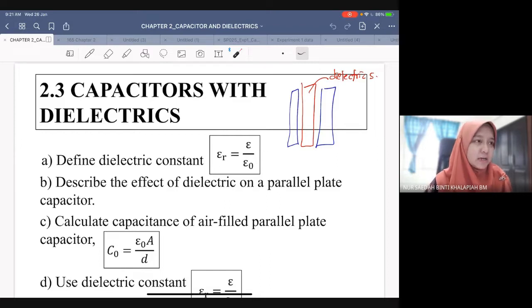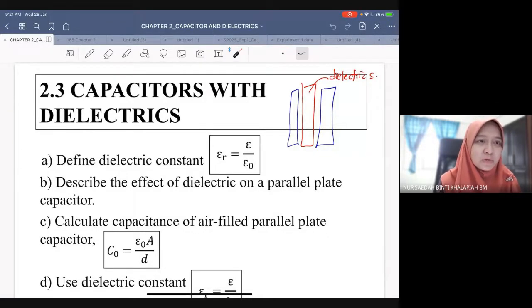Untuk hari ini kita akan masuk kepada last subtopic for chapter 2, which is about capacitors with dielectrics. Madam rasa Madam ada mention sikit-sikit perkataan dielectrics before this. So what is dielectrics? Dielectric is one material which is made by insulator. So dielectric is an insulator material that we put in between of our two parallel plates of